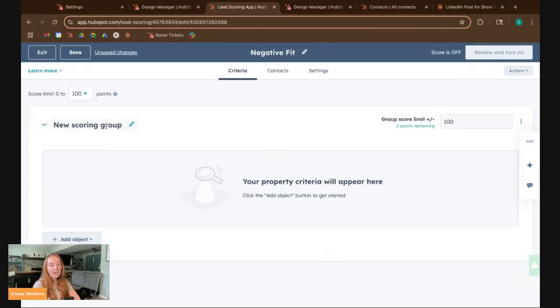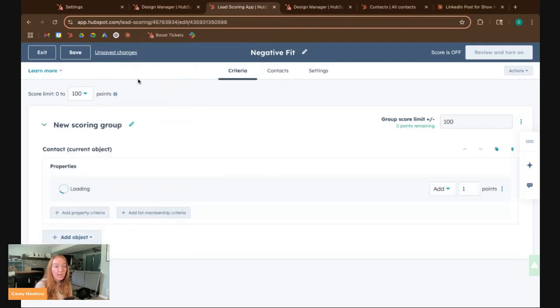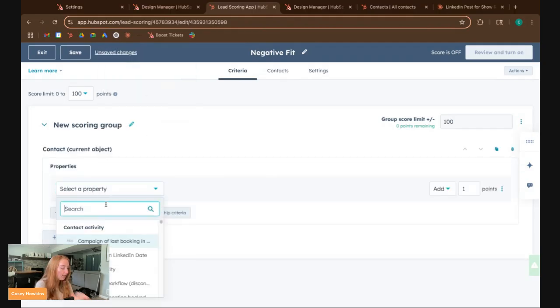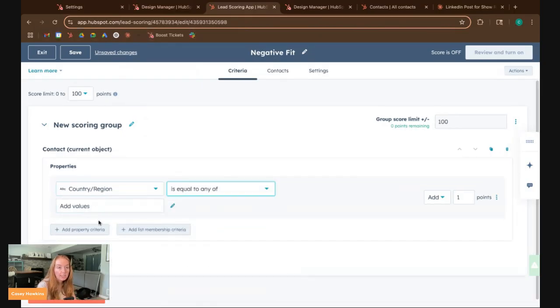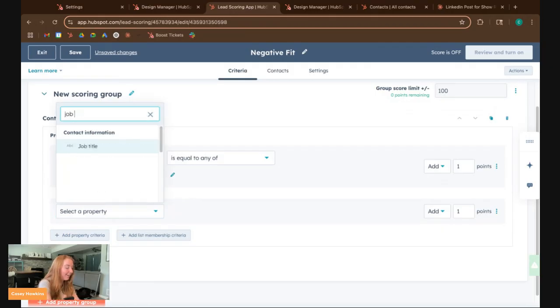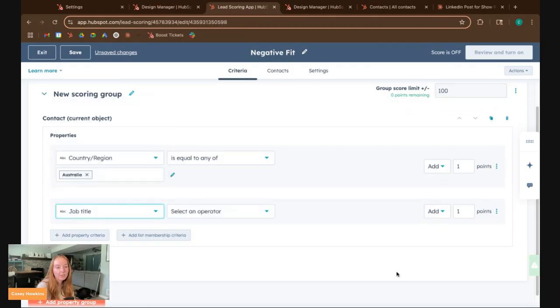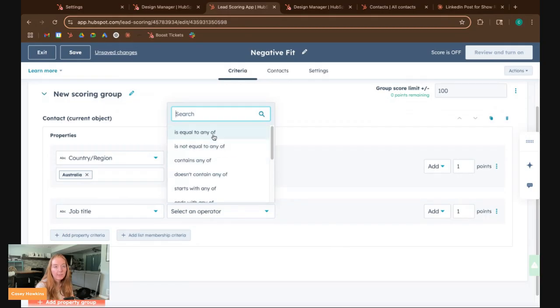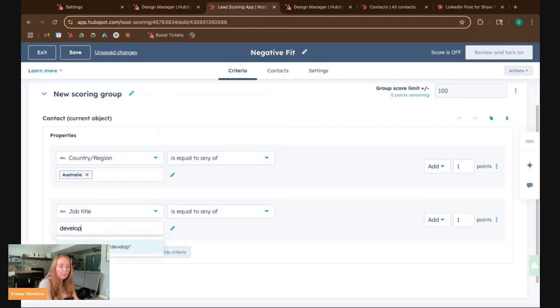All right, and then here is my negative scoring group. So I'll say if the country or region is equal to Australia. And here, this part's going to be a little tricky, but follow me for a second. For this, we're going to add. So just stay with me. I promise it'll all come together. And then maybe job title is equal to developer,